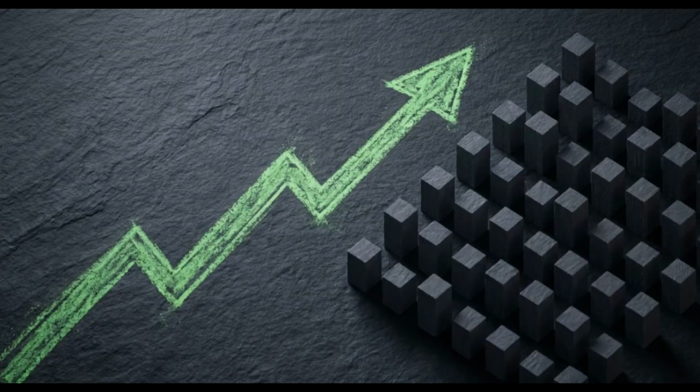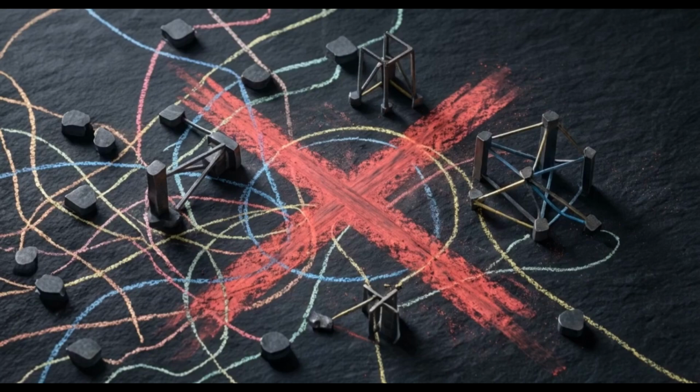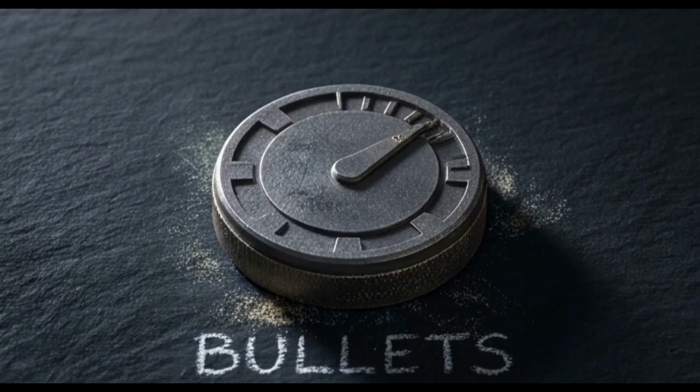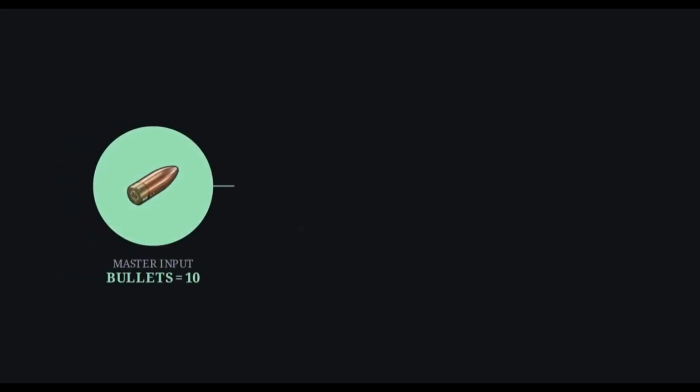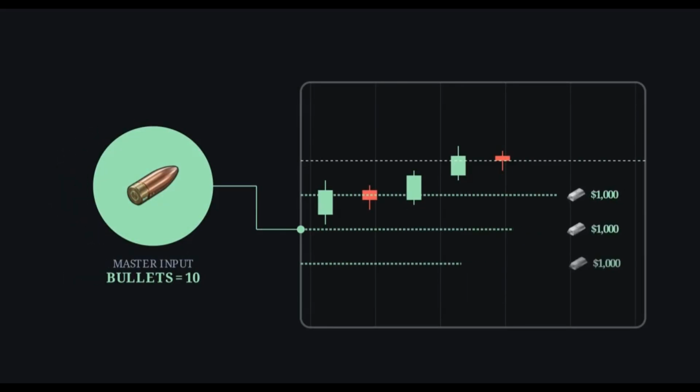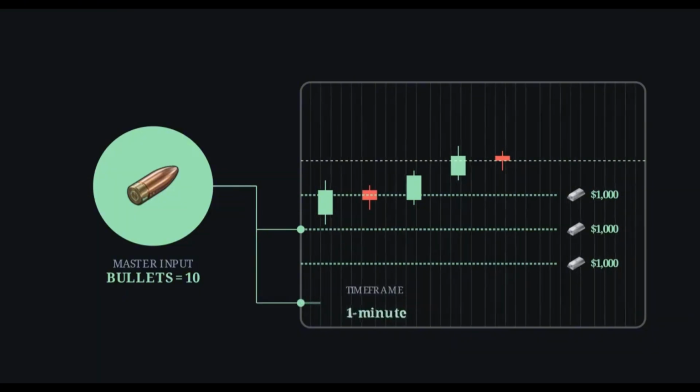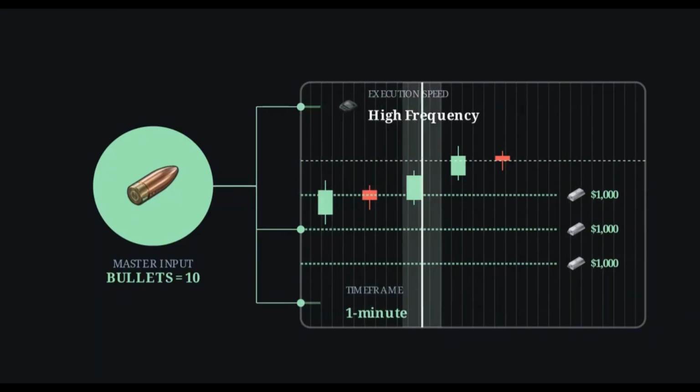This is an adaptive spot trading trend-following algorithm designed strictly for algorithmic systems operators to deploy capital systematically. The core architecture eliminates complex configuration matrices. It replaces multivariable setups with a single master parameter, known as the bullet style. The algorithm utilizes this single input to automatically map out dollar-cost averaging entry grids, select optimal timeframes, and regulate execution